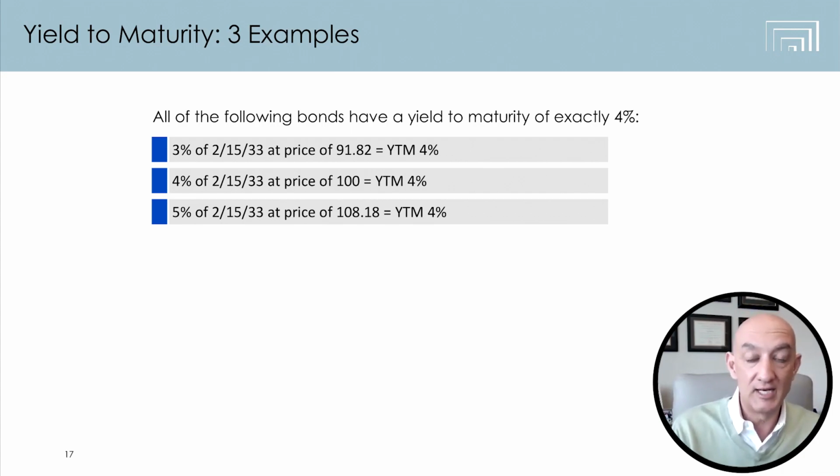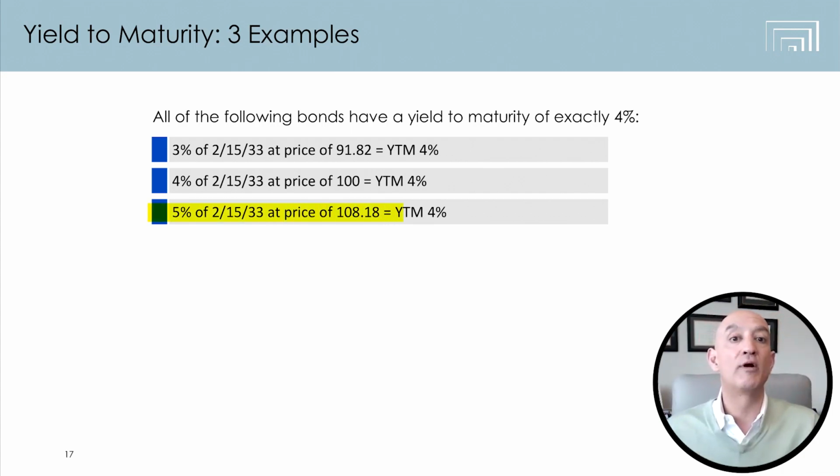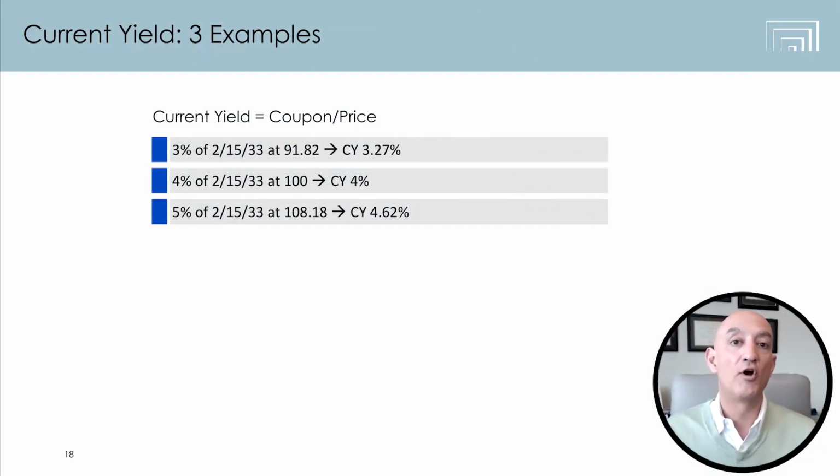The 5% may be for somebody that needs more income today and wants to get the $50 in income and doesn't mind that their principal value is going to drop. All of those things are still going to be 4% per year to maturity. So the important thing here is to understand the concept of what yield to maturity is. And it's the great equalizer that says, if you buy and hold this bond till maturity, what are you going to make per year?